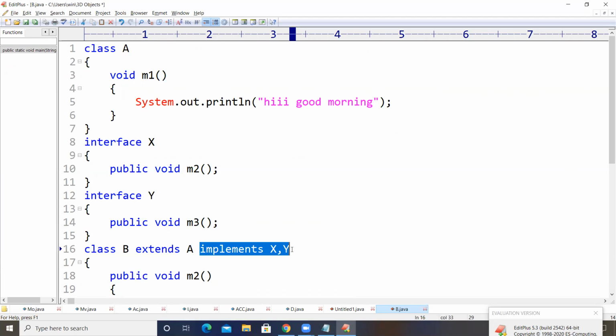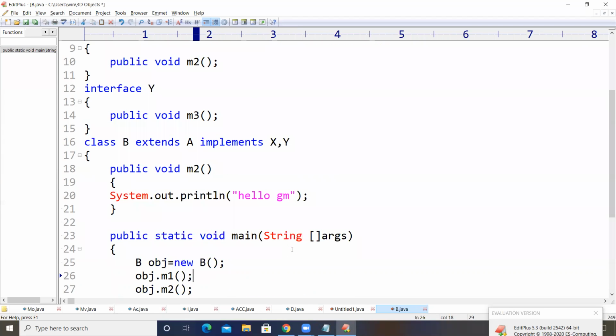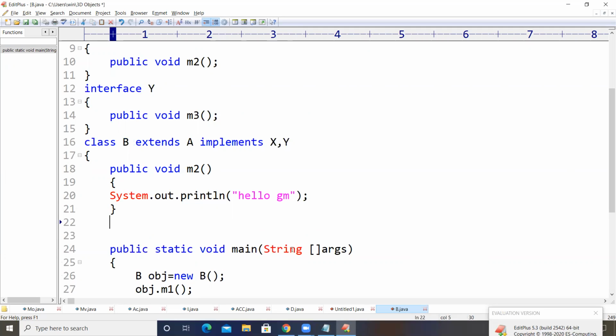And if you don't want to use the abstract keyword along with class B, then we have to provide bodies for all the abstract methods which belong to class X and all the abstract methods which belong to class Y. So here we have already provided the body for M2. M2 is an abstract method which belongs to class X, and class Y contains another abstract method with the name M3. Now it is our duty to provide a body for the method M3 in order to avoid class B becoming abstract. So let us provide a body for M3,